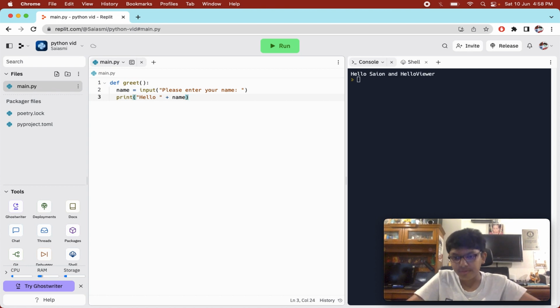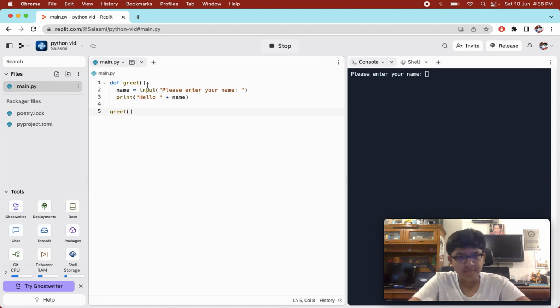This function will give a basic greeting to your user of the program. Whenever it is called, we will take in an input which asks us to enter the name, and then we will greet the user. So when I call greet, remember, this is a type 1 function